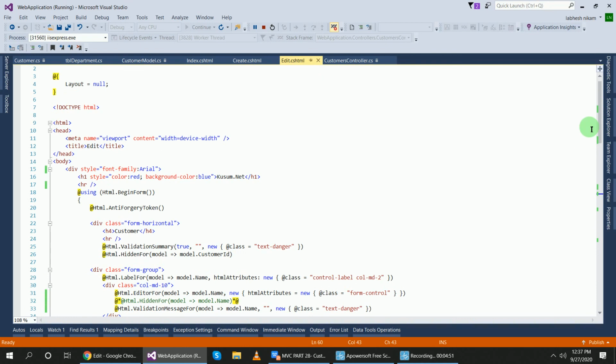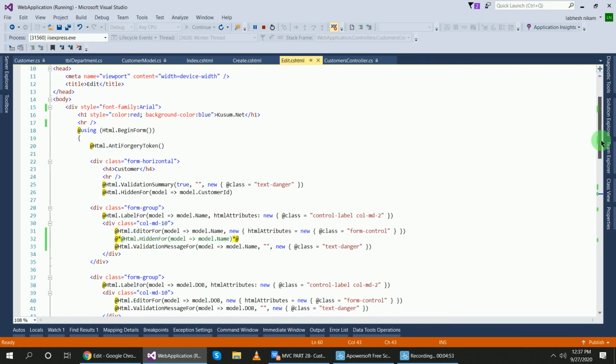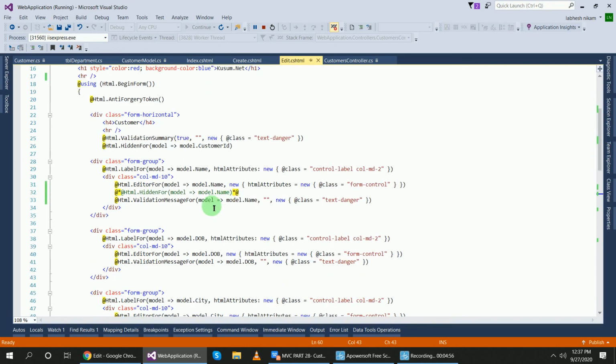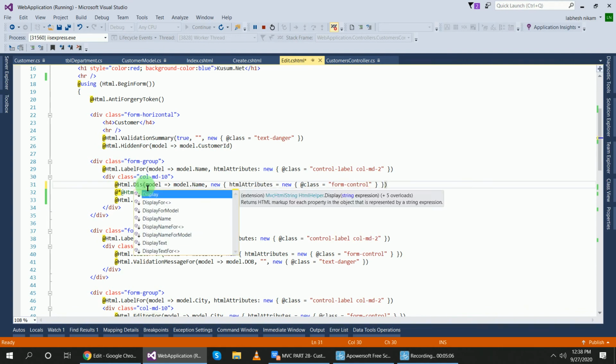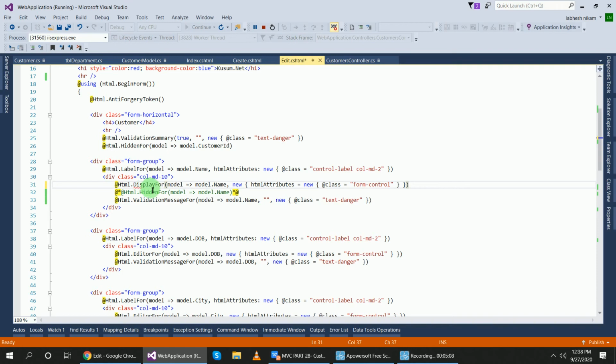So let's go to the name property of the edit form, and in place of this editor for I will add display for. It will just display the name, and one cannot change the value.